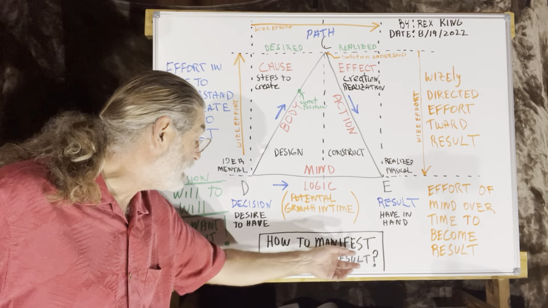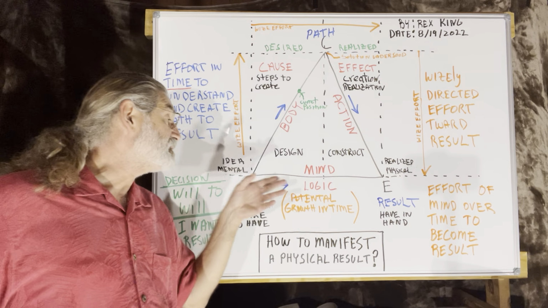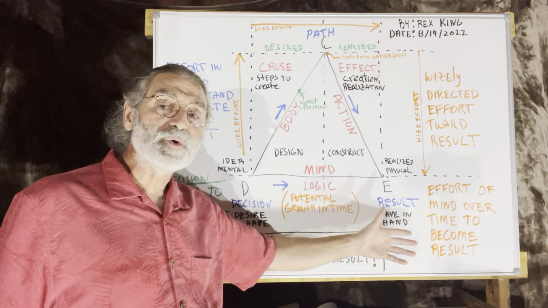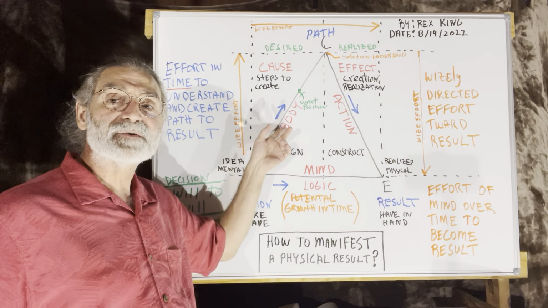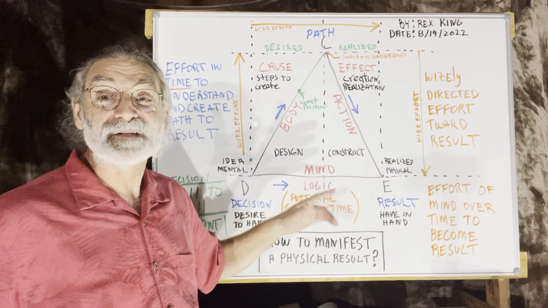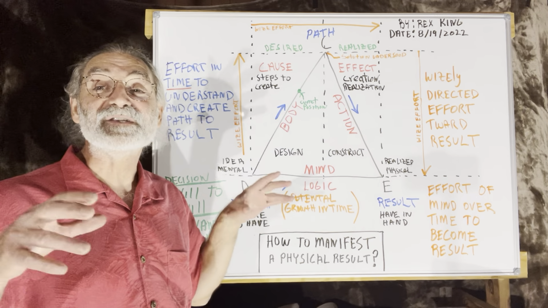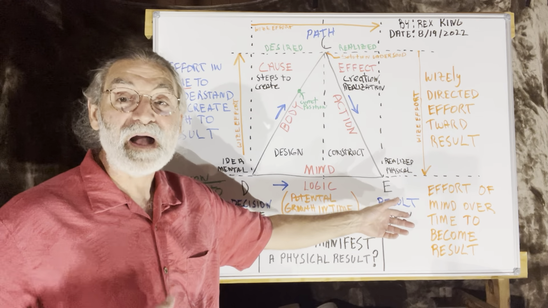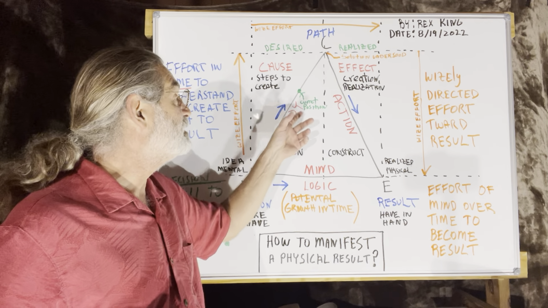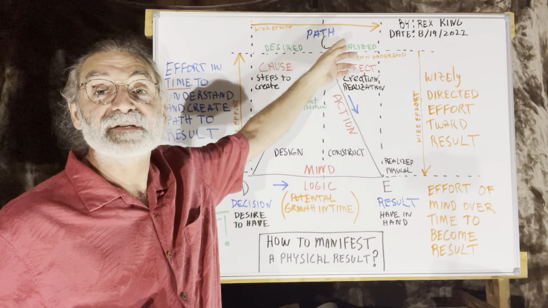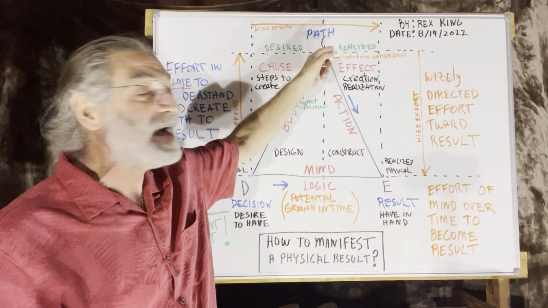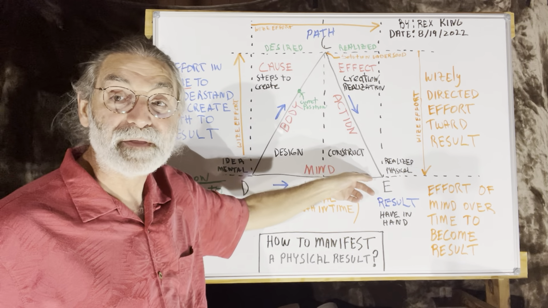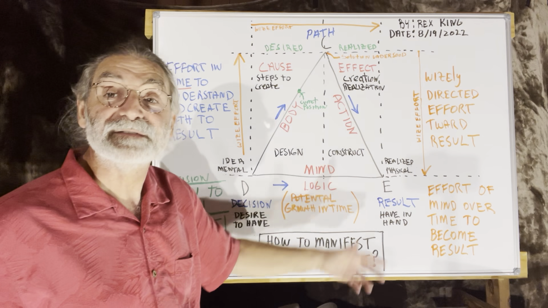So basically, how do you manifest a physical result? You focus it on your mind, and you make an emotional commitment to it, and you start taking steps in that direction, and the universe, the all, is going to say, wow, that person knows what they want. They've got it in their mind. They're becoming that person. They're qualified. And as you qualify, your position keeps going higher to the point where it's handed to you on a platter, and all you've got to do is sit at the table and enjoy it and learn it and grow it and become it. And at that point, you can take it to the next step.